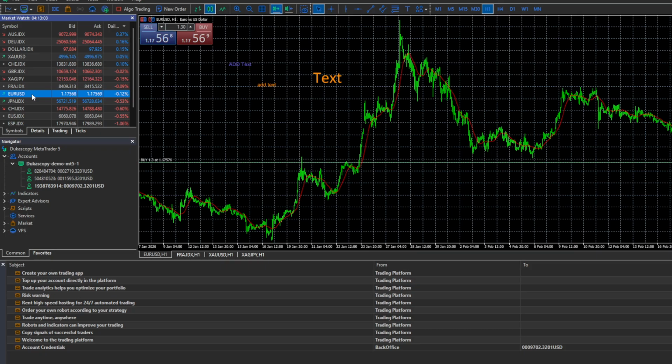Once everything looks correct, decide whether you want to buy or sell based on your analysis and click the appropriate button. MetaTrader 5 will process the order, and you should see a confirmation that the trade has been placed. That's all there is to entering a trade on MetaTrader 5. Choose your instrument in Market Watch, click New Order, configure your trade, and execute it. With a bit of practice, this